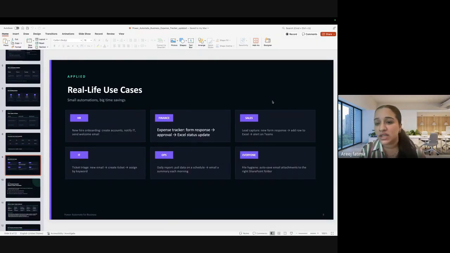Then inside sales, whenever we capture any type of lead, we need to have a look at the responses. We need to add the details in our Excel sheet, check the alerts if we are working on any type of alerts, and even update our status. So all these things are repetitions as well. Inside sales, we're able to use this.